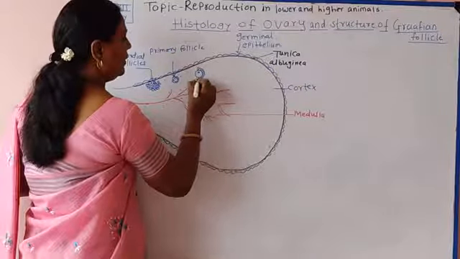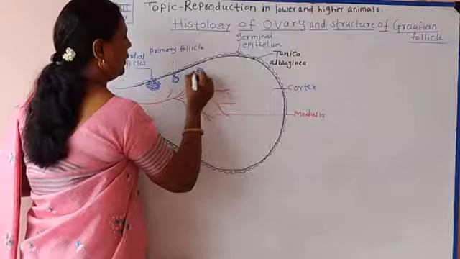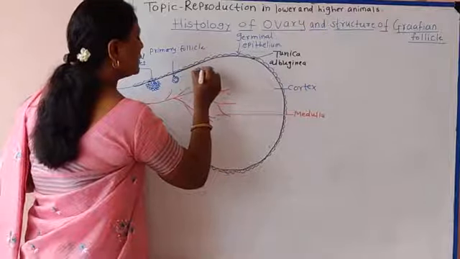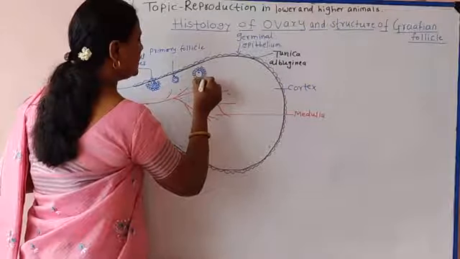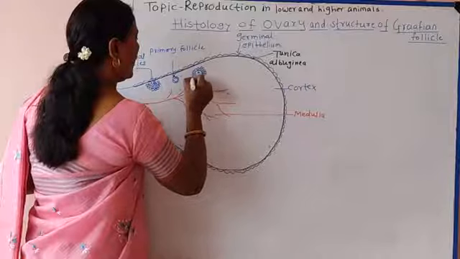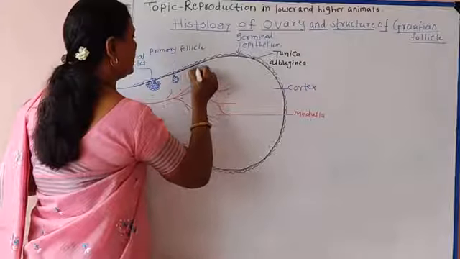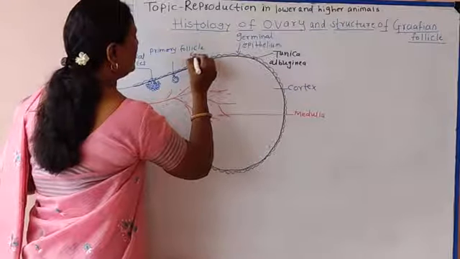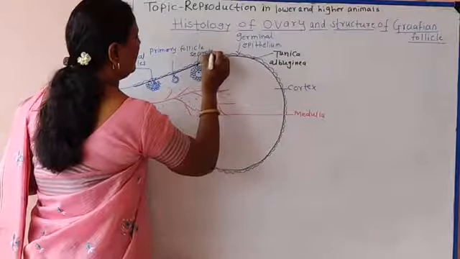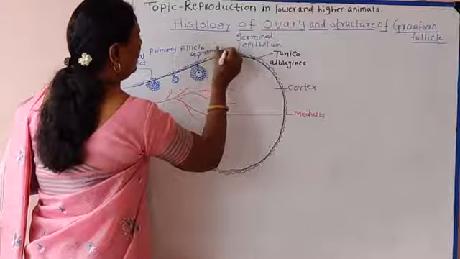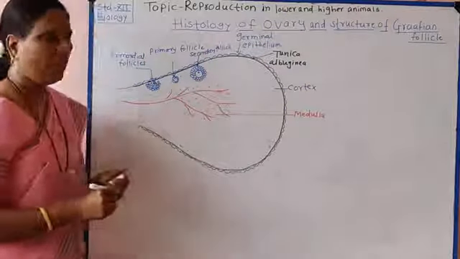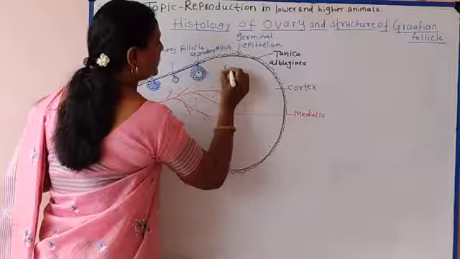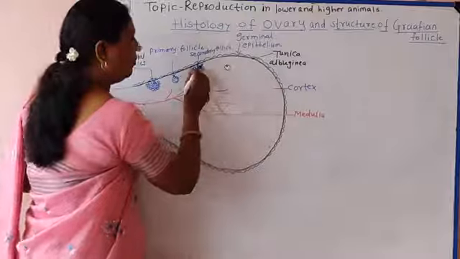They are mainly present, that is the follicular cells, and they form the layers. So secondary follicles show such layers of granulosa cells. So this is called as secondary follicle. Okay. Now secondary follicle then develops into tertiary follicles, in which there is again the layer of granulosa cells.